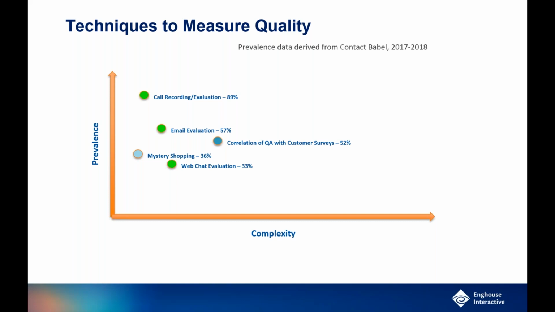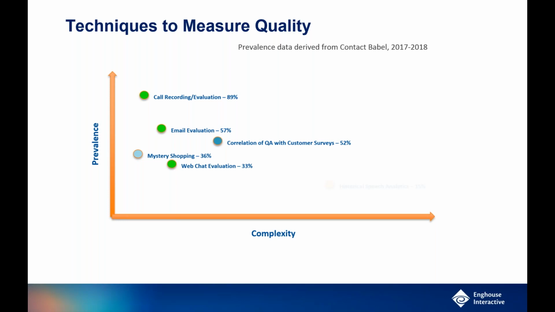So I'm acting as a mystery shopper in this case. And it might not be shopping for a product, it might be shopping for service. But in this case, about a third of the time, businesses are implementing this random sampling technique for